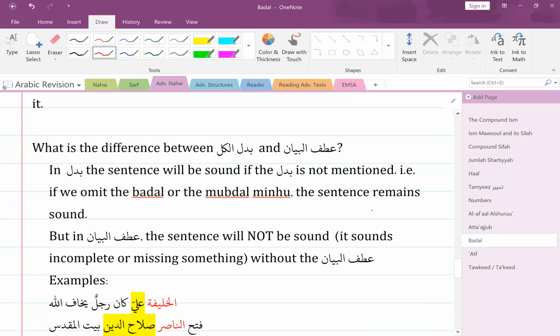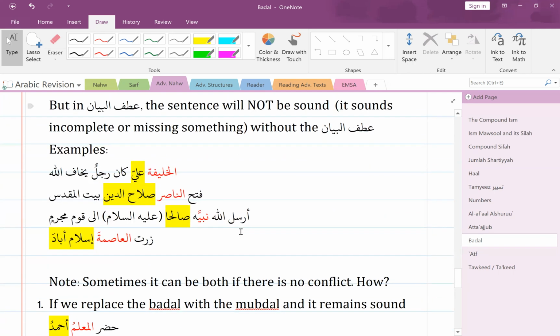But say you come from a family where you have 3 Ahmeds. So there's 3 Ahmeds. And then I say, سلمت على Ahmed. You'll be like, okay, which one? My brother, my uncle, or my dad probably is also called Ahmed. Like, which one are you talking about? So there's a bit of confusion, yeah? But if I said, سلمت على أخيك أحمد. Now everything is clear. So Ahmed provides extra information. Yeah, so that would be the difference between عطف البيان and بدل الكل.